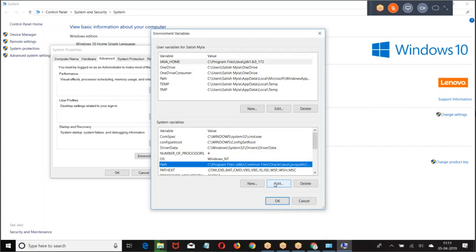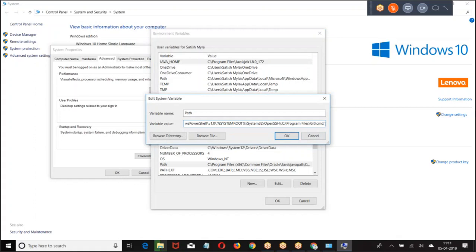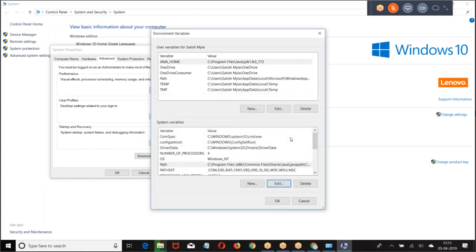Then we have edit, we have edit text, slash, along with the bin, it is path. Without bin, it is home.